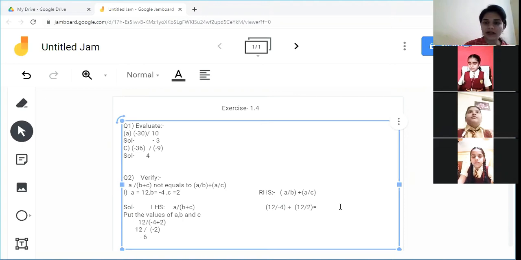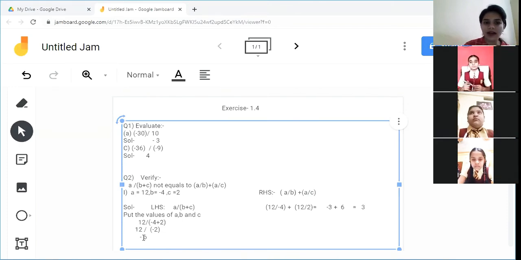4 3s are 12. Okay. 4 3s are 12. So positive negative is negative. Negative sign is given in the denominator. So it will go in the numerator. So it will be minus 3 plus 2 6s are 12. So it will be what? Both are positive. So it will be a positive answer. Now 6, positive negative is again negative. So it will be 3. This is positive 3 in the RHS.